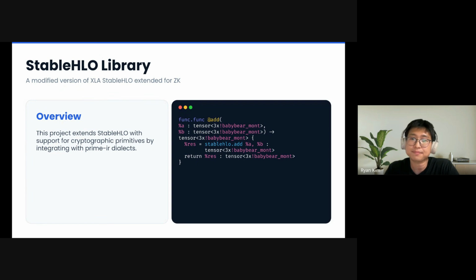And second, we add a small set of ZK-specific ops and a few composing markers, and these keep round boundaries visible to the lowering passes. And by extending instead of forking, we get the entire XLA fusion ecosystem for free, and the general purpose passes still run, only the ZK-specific layer is new. That extended StableHLO is what gets handed off to ZKX. I'll compare in the next slide.